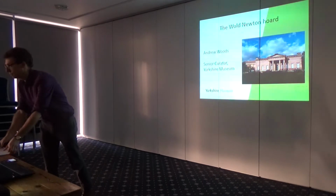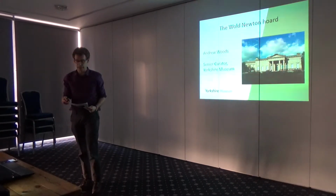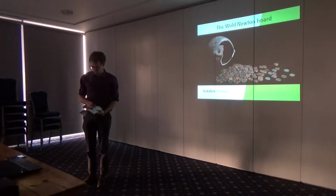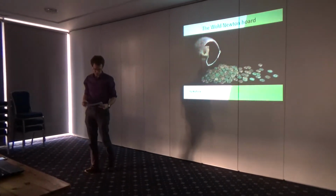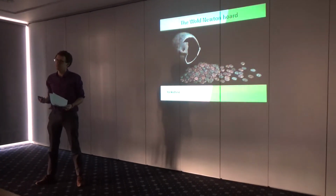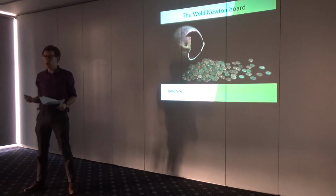So I'm given the title of Senior Curator, but I curate the numismatic collections of the Trust. So then, the Wold Newton hoard. This is what it looks like here. It is incredible. One of those really once-in-a-generation type finds that you don't often get to work with